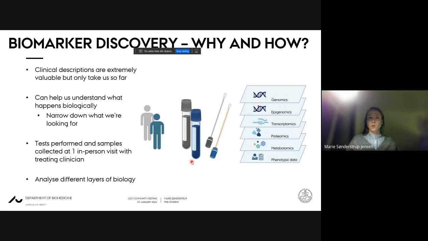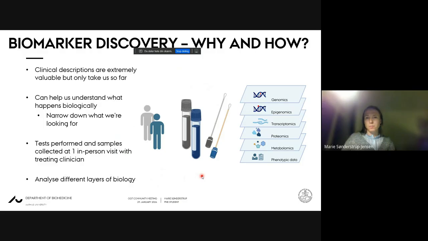Whereas if we want to understand what is going on biologically, we can look at the biomarkers and in a way narrow down what it is that we're looking for. Because right now a lot of things are up in the air. So how we want to do this biomarker discovery is